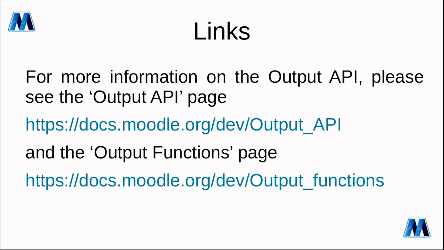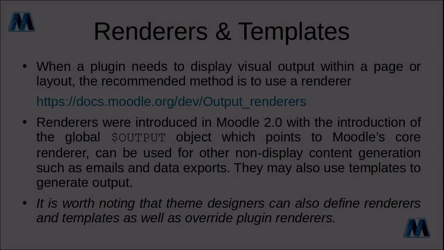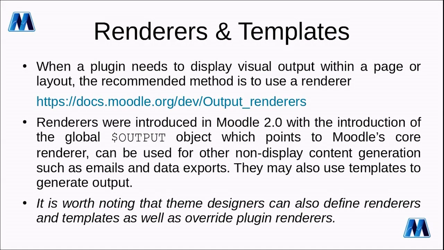Okay, so now what we're going to do is have a look at the renderers and templates, which is part of the Output API functionality. So when a plugin needs to display output, HTML output, the recommended method right now is to use renderers. So if you're doing a whole page with lots of stuff on it, etc., the best way of doing that